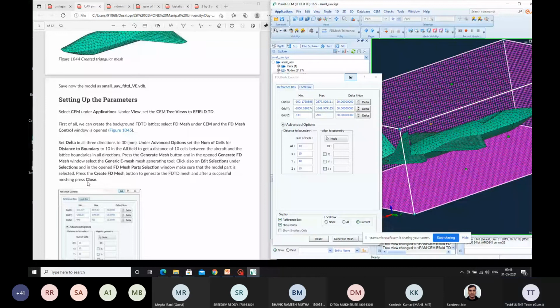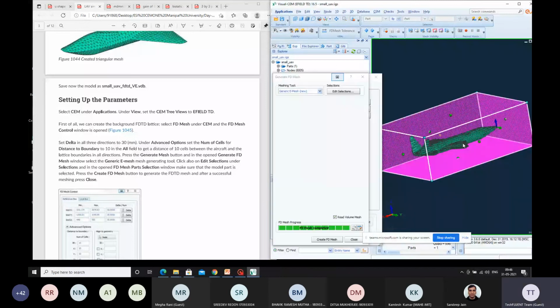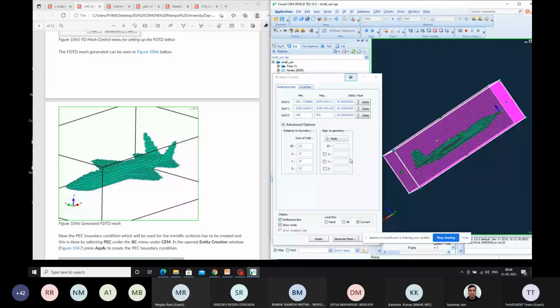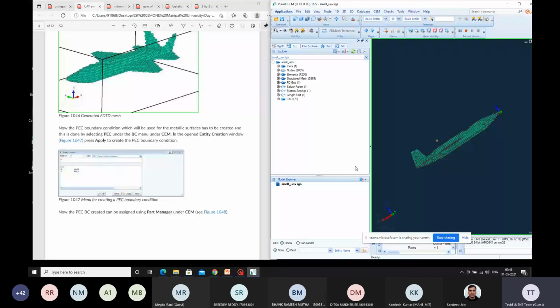Go for edit selections. Select your level 1. Already it's been selected. Click on close. Now let's go for create FD mesh. Yeah, it's asking me to save this particular file into a specific directory. So I would like to create a working directory for that. Yeah. Now we are done with this. Just click on close. So we are done with the FDTD box, whatever we have got. Here what you can do is you can remove your